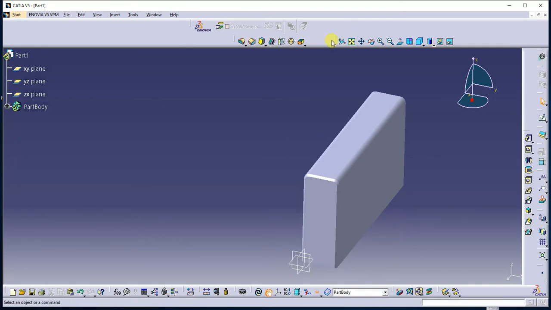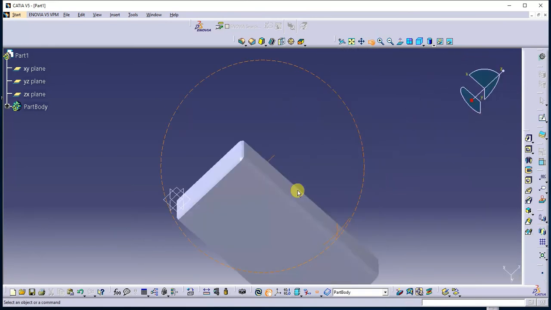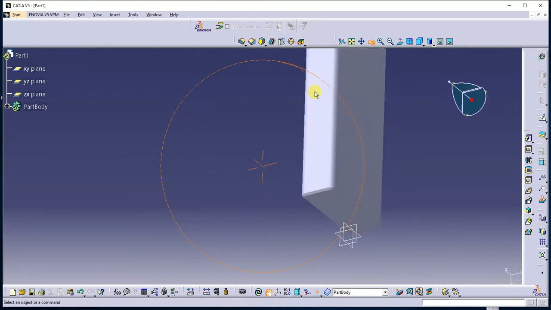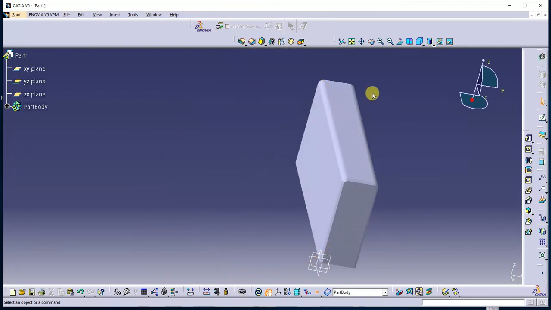Now how to rotate this model? There are two methods. One is using this rotate command here. You can rotate this geometry by using the left mouse button.